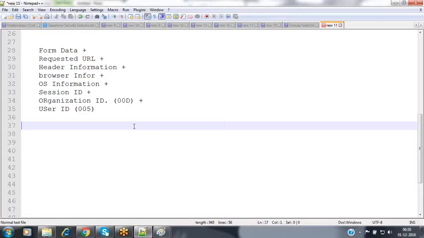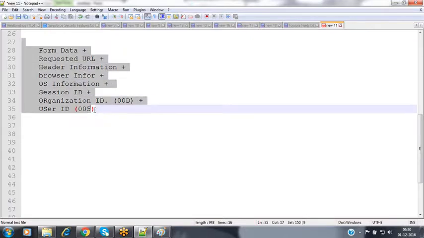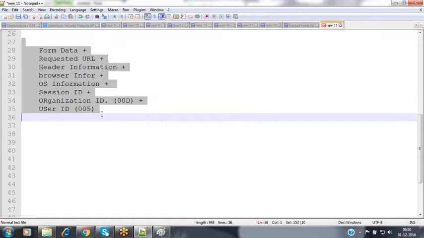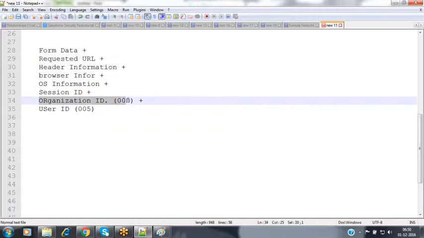Nothing but what happened whenever you make a request to the Salesforce server to perform some operation, to create some record, to modify some record, to delete some record, or to access some specific feature, at that time Salesforce is going to send the whole details as a request here. Nothing but this whole data will be forwarded as a request to that Salesforce server. Now the Salesforce server is receiving all these details. It is going to process your request. At that time, it identifies the organization ID. Now it will verify whether this organization ID currently exists or not. And after that, it is going to verify whether in that organization with this ID any user is available or not. If the user is there, then it will verify whether this user has the permission to perform this operation or not.